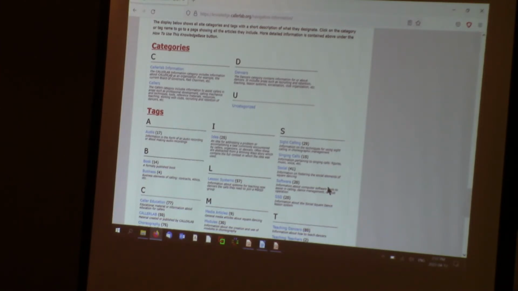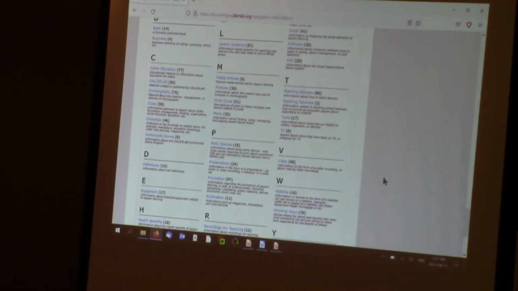So if you're wondering what area you might have to look at to find information on a certain thing, you could say, well, what does TV mean? It means square dance items that have been on TV or prepared for TV.